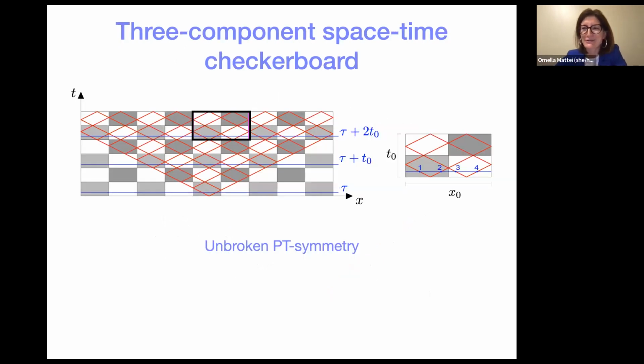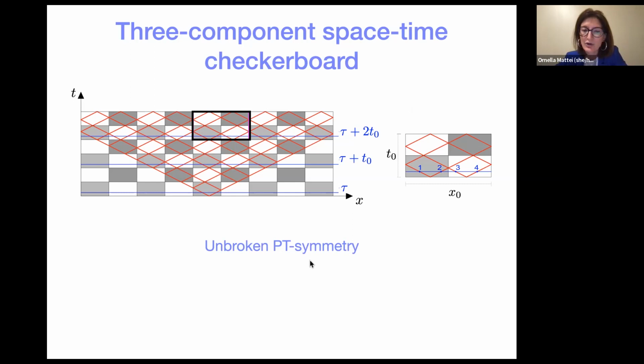All right, then we started playing around with these geometries. And the first thing that we did was to say, okay, what if I don't have two materials, but I have three materials? So here what I did was to change the material in this square that before was a light gray into a dark gray. So this is material 3, so it has a different wave impedance, but still it has the same wave speed. So here I'm again in the case where the 3 component materials have the same wave speed, but have different wave impedances. Well, actually nothing changes compared to the previous case.